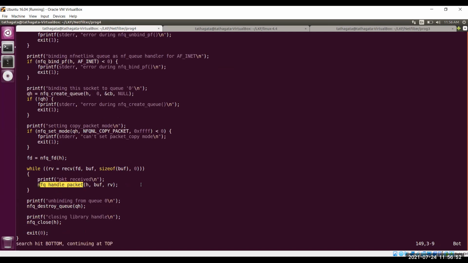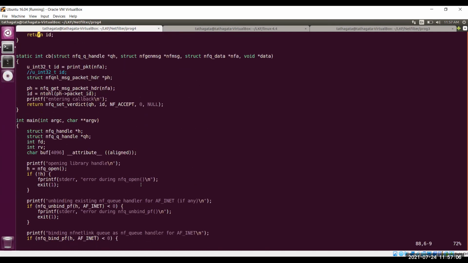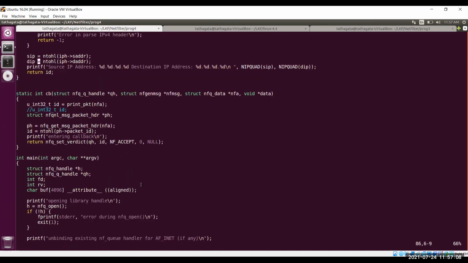This is simple. This is a standard API of the NFQ library. Once that is done, you can inspect the packet. This is the callback routine you have registered.